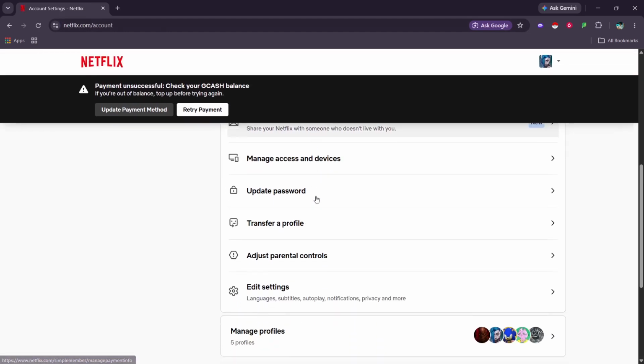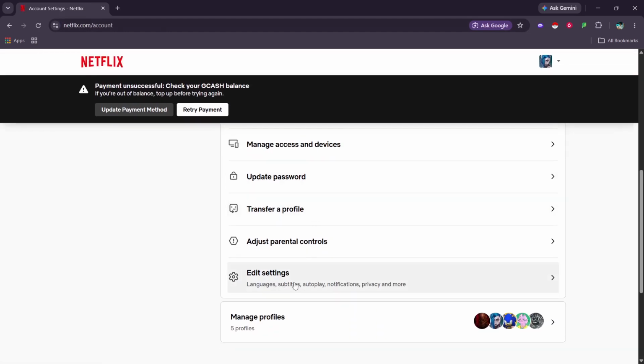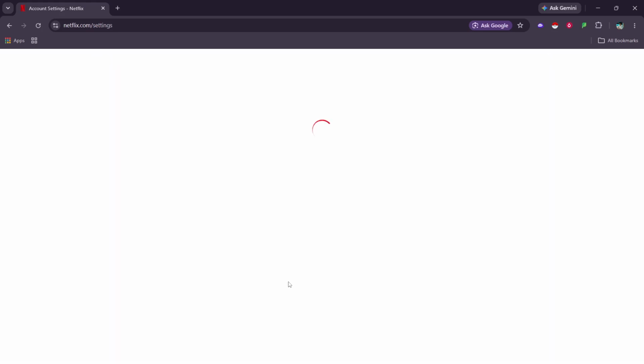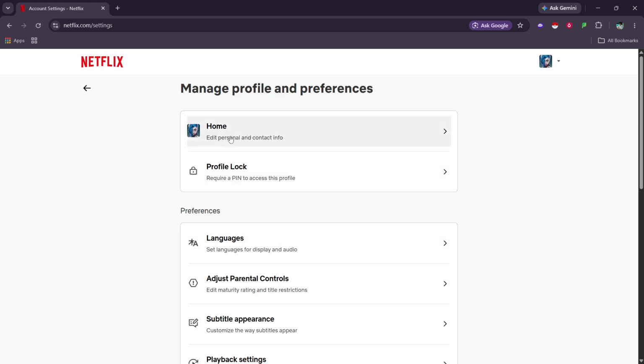You'll notice several sections with different settings. Look for the section that says Settings. Within this section, you'll find an option called Edit Settings. Click on it. By doing this, you're stepping closer to customizing your Netflix notifications, which can enhance your viewing experience